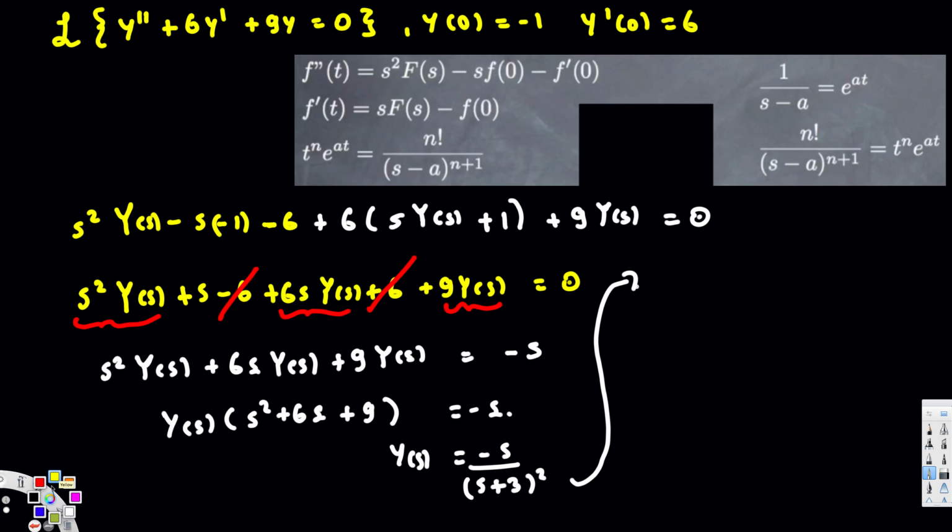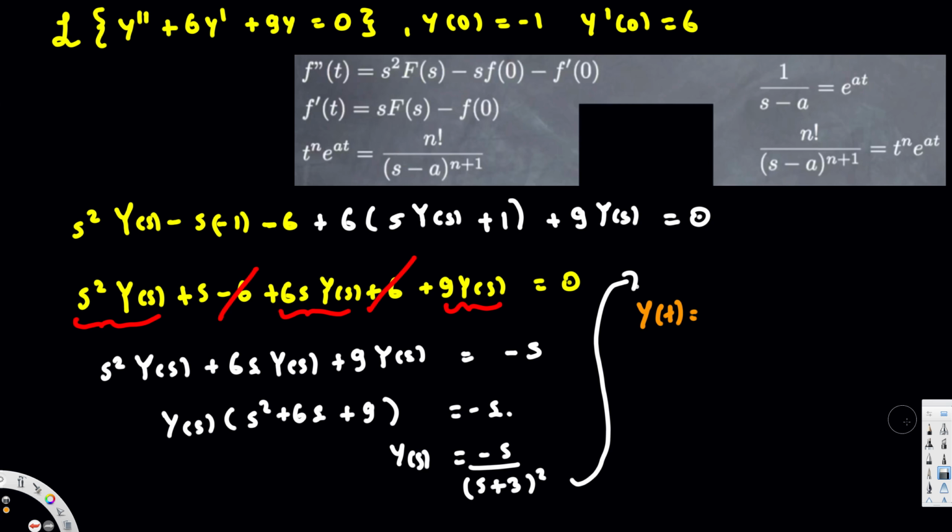Let's set a different color. Okay, if we move the negative to the front, we are going to have Laplace. Here we are going to do the inverse Laplace transform. So this is Y of s, and I'm going to write y of t right now, because when we do the inverse Laplace transform, all this s world will turn into t world. Before I do that, I move this negative